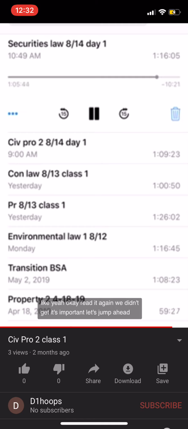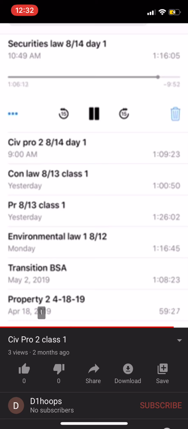Let's jump ahead to our example scenario. We'll do the dog vision next time. Example scenario. Here it is. I want you to fill out that civil cover sheet that we looked at just a few minutes ago in class based upon this scenario. Can you do it in 10 minutes? Or less than 10 minutes? 8 minutes? If not, you live here.